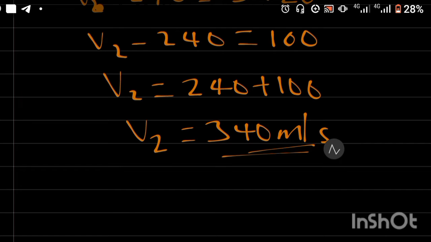This is the final velocity, that is the maximum velocity attained at the end of the 5 meter per second